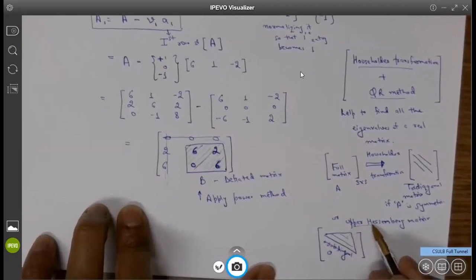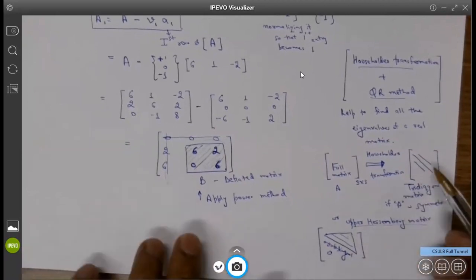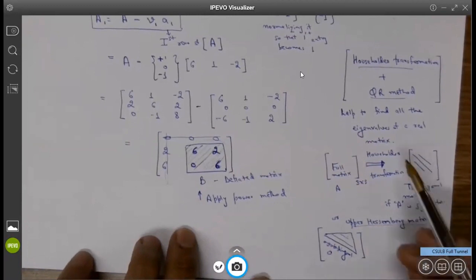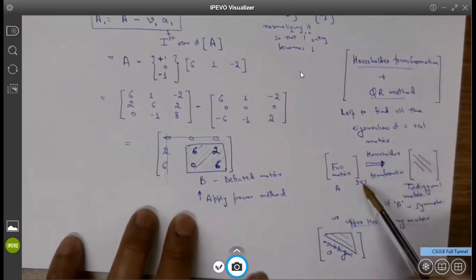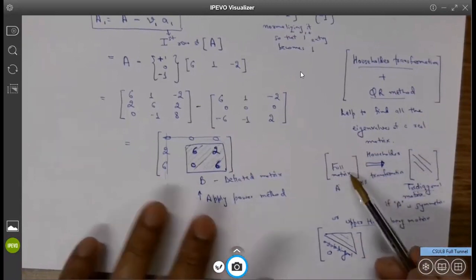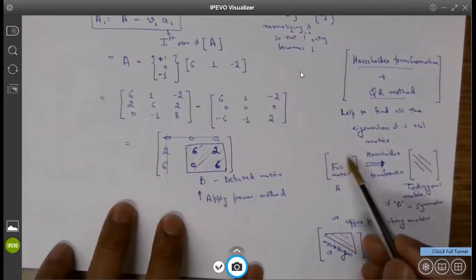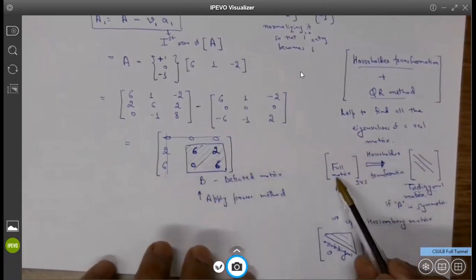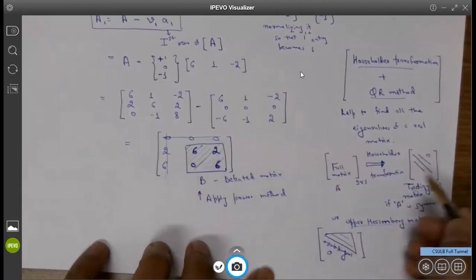That is called the upper Hessenberg matrix form. The reason these are required is that after you apply this Householder transformation, you transform a full size matrix, with elements all over the space,